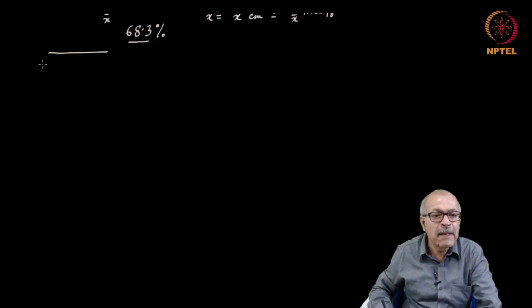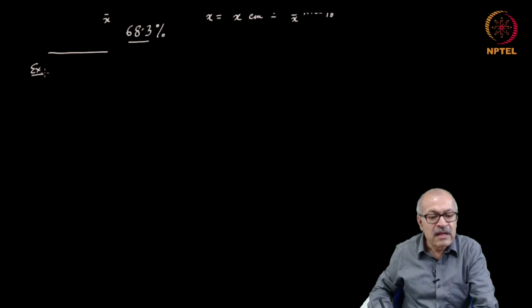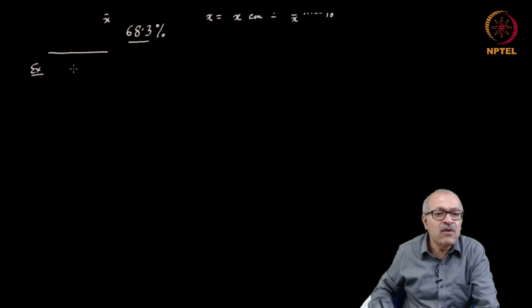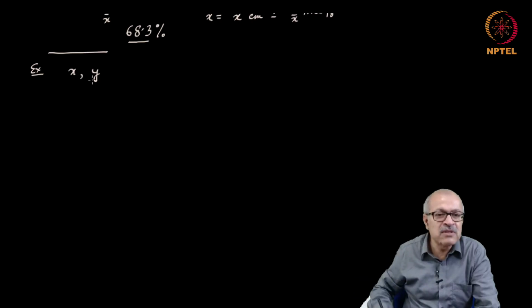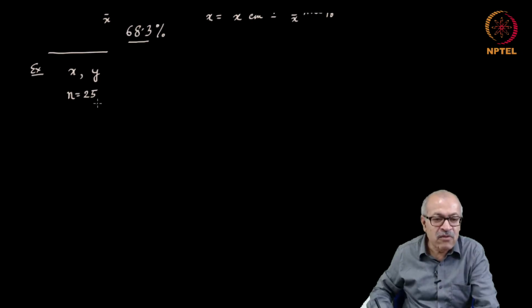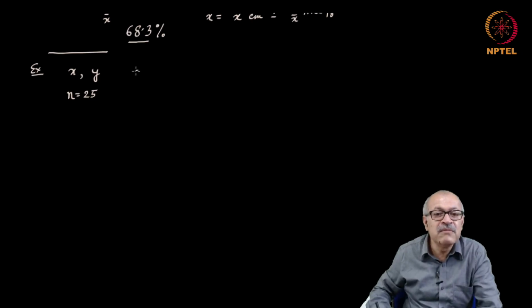Suppose you have made a measurement of two variables x and y, and you have made a large number of data points, say n equal to 25 data points you have calculated, and then from there you have found by calculating that x bar is 5.018 and y bar is 3.335.